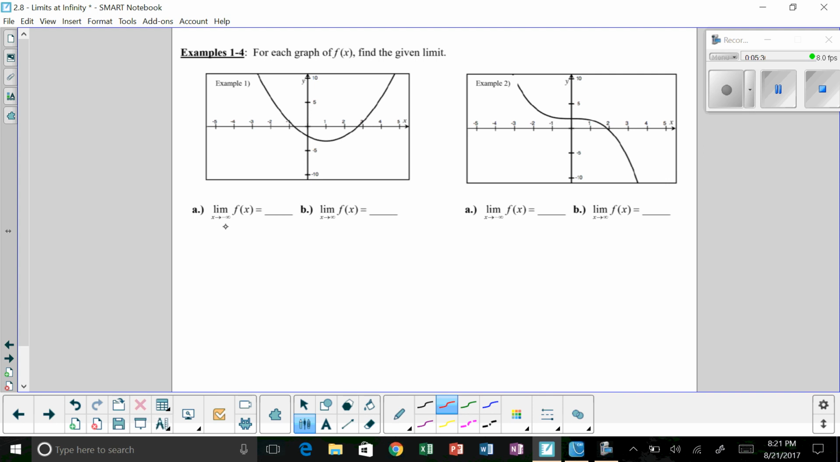As x approaches negative infinity, we're traveling along the graph following its left-hand end behavior and noticing that the y values are increasing without bound as well. So the limit as x approaches negative infinity is positive infinity. The same is true of the right-hand end behavior. As we move to the right,